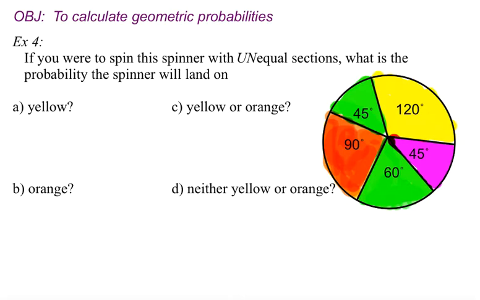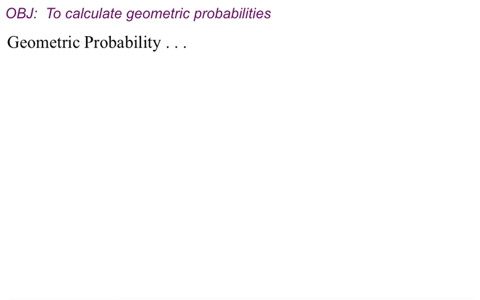I'm guessing a lot of you figured it out without even knowing what geometric probability is, and you just used geometry to compare the sizes of the regions. Now the problem is when we talk about probability, we have a real simple definition for probability. Probability in general, not geometric, I'm just talking probability right now, is a fraction, and we like to say something like